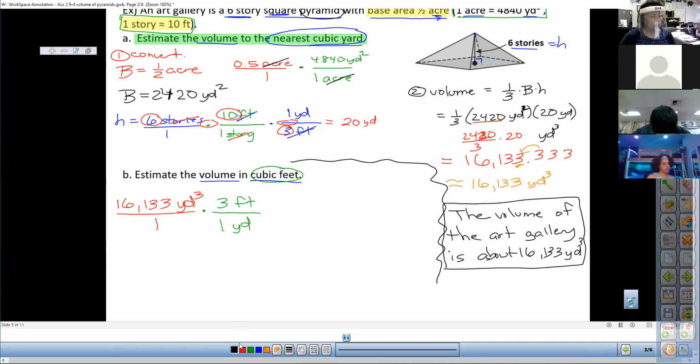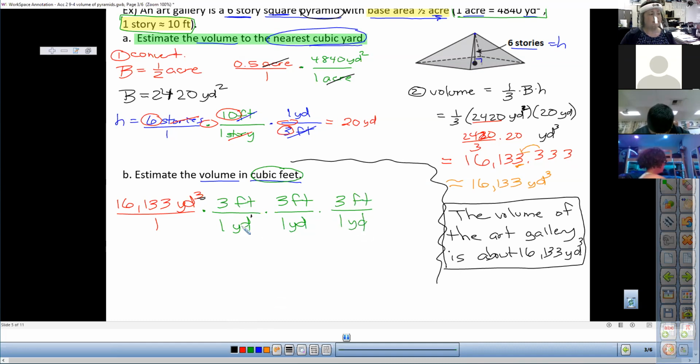But this is not going to work, because this yards in green is to the 1st power, and this yards in red is to the 3rd power. They don't cancel each other out. They do reduce, but they don't cancel. And so you can only get rid of one of the yards this way. So what we have to realize is that it's going to be necessary to multiply by this conversion ratio 3 times,